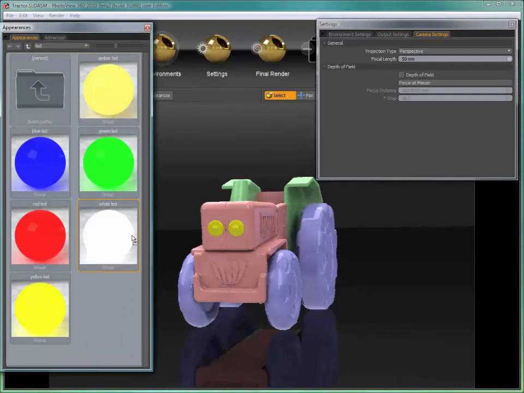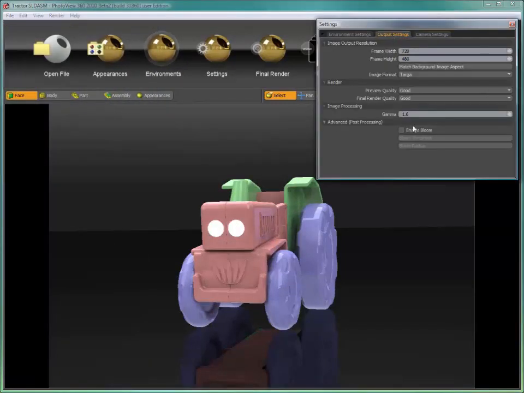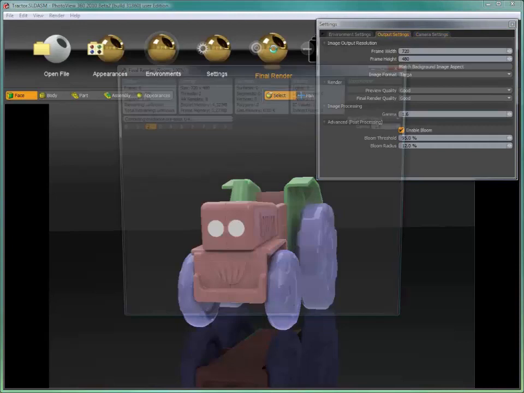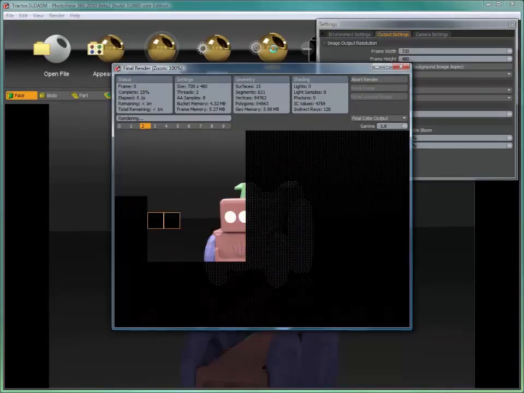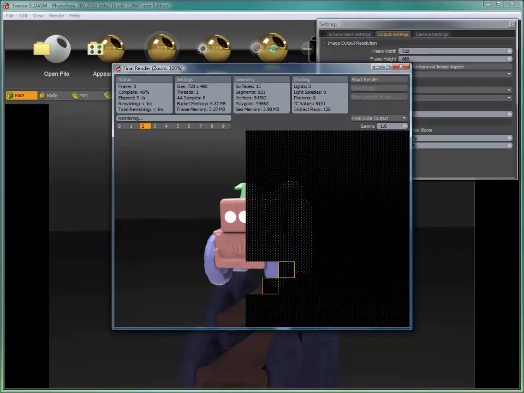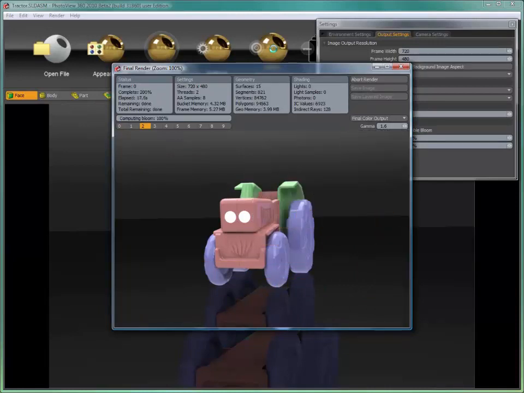Now there's another effect that increases the realism of the PhotoView 360 scenes, and that's called bloom, and it works best when you have materials that emit light. It's in the output setting, and by enabling bloom, the bloom threshold and bloom radius, you're actually looking at the scene and determining what are the brightest surfaces and then casting those surfaces out with a bloom radius. So here you can see as the render is complete it will calculate the bloom, and you should see those headlights have a little shine, and it's very quick, but make sure you understand that it occurs after the